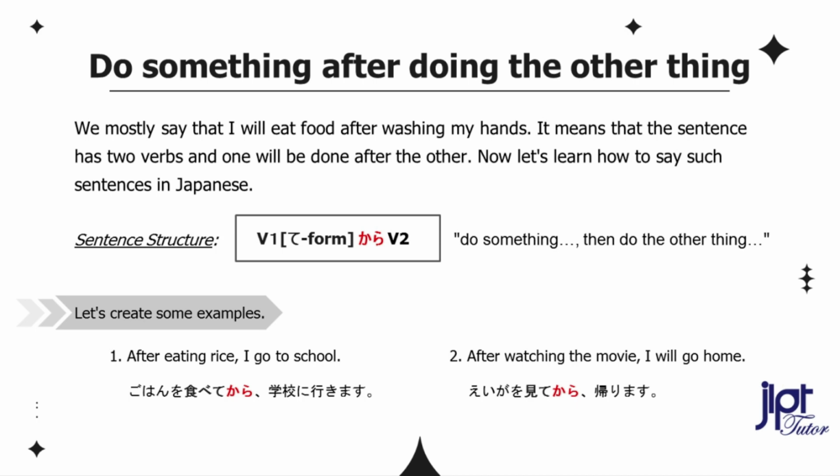ご飯を食べてから学校に行きます。 After watching the movie, I will go home. 映画を見てから帰ります。